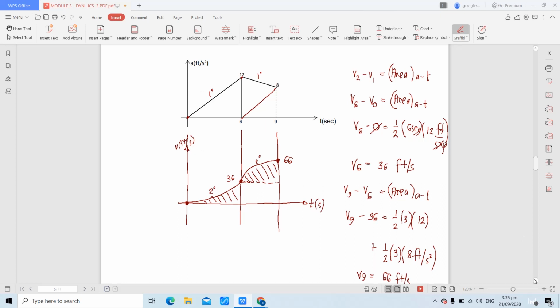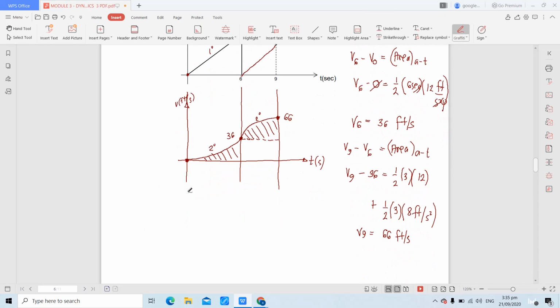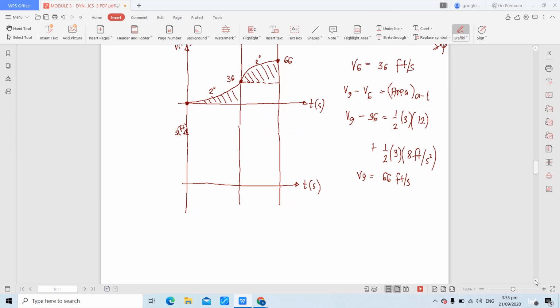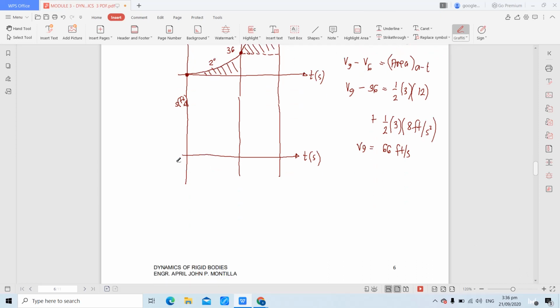Ang sunod, displacement as a function of time. So, i-project din natin. Naka-project. Axis ng time in seconds, and axis ng displacement in feet. So, analyze muna natin motion from 0 to 6. Okay, so, ang gagamitin natin formula, change in position. No? So, para magamit yon, meron tayong dalawa doon, di ba? So, gamitin natin dalawang formula and then, i-compare natin yung sagot na makukuha natin with respect sa dalawang formula na